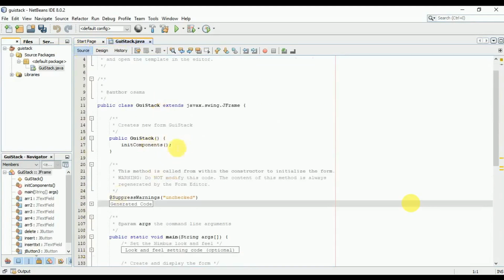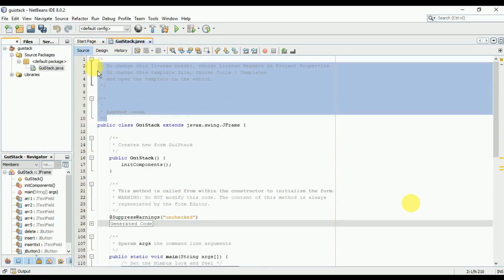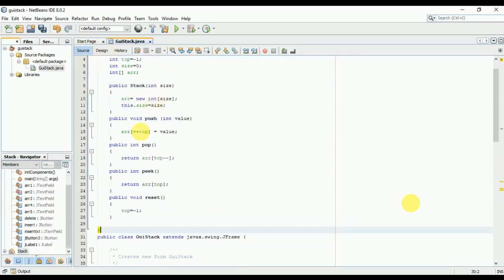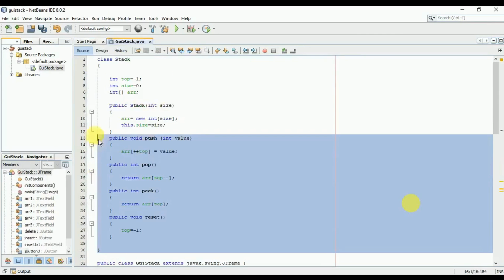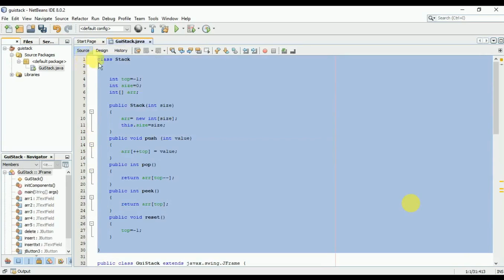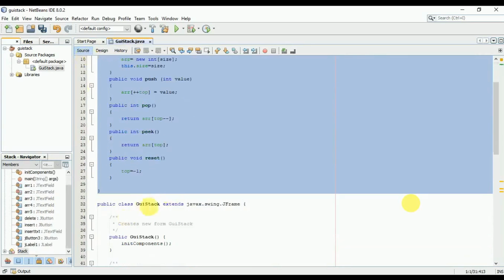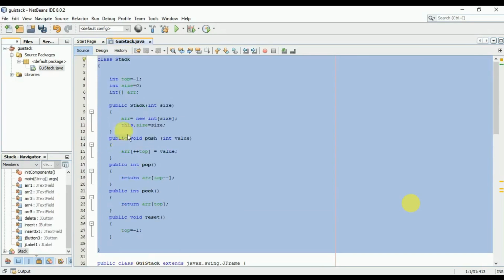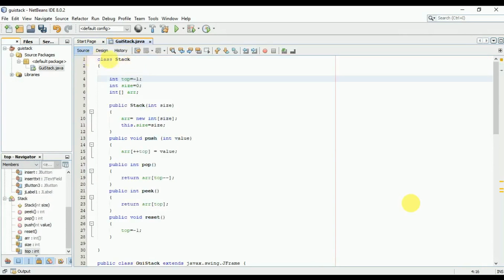Well, I have copied a stack which I'm going to paste here. I will provide this code in the description, so you can paste it outside this GUI stack class. You have to place it outside this GUI stack class, and once you paste the stack class out here,